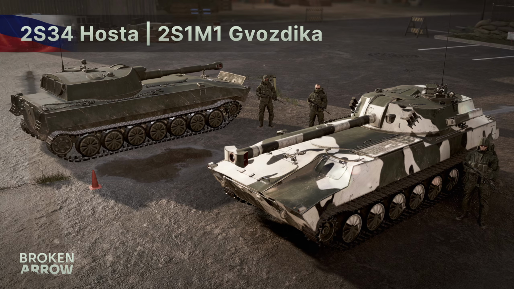Next up, another unit that will be familiar to many, the 2S1 Goztika, or also the 2S34 Hosta. The 2S1 is an old 120mm howitzer, rather inaccurate and with a low rate of fire, equipped with high explosive and smoke rounds as well as a few HEAT rounds for self-defense. It can be upgraded to the more modern 2S34 with a faster rate of fire, more accuracy, and